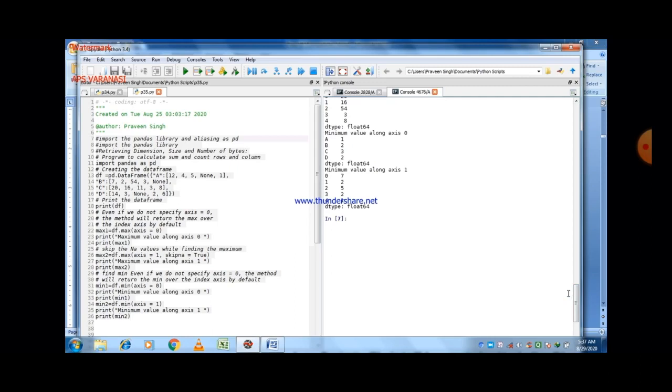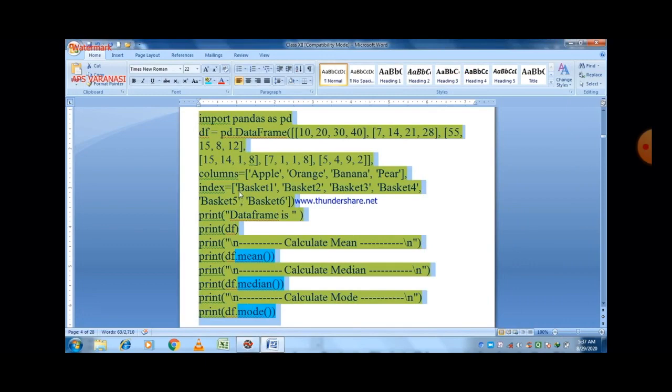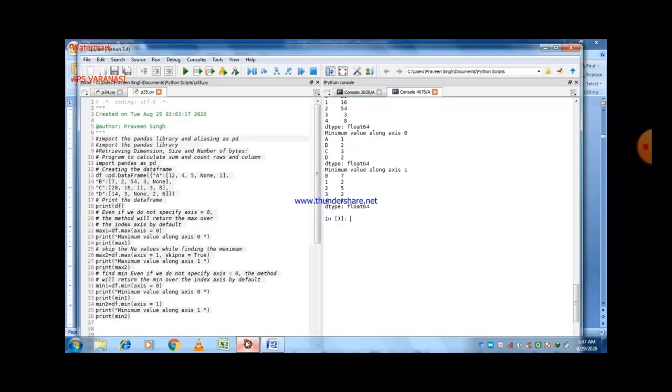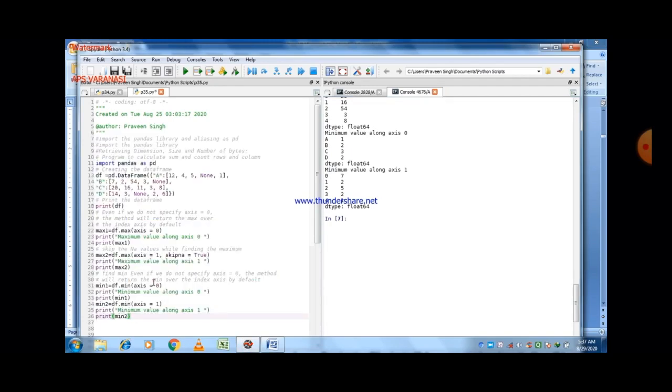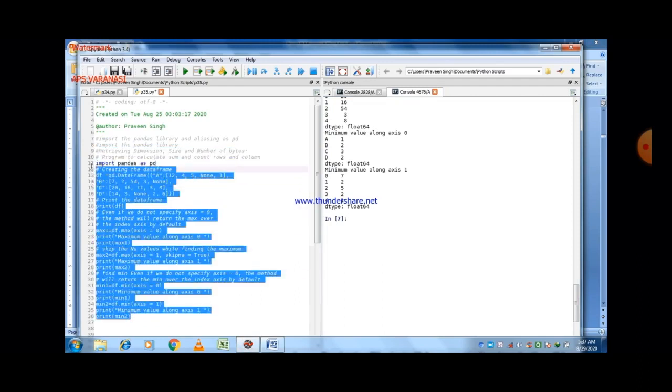This is the last program which we wrote here. So first of all, I replace that program.